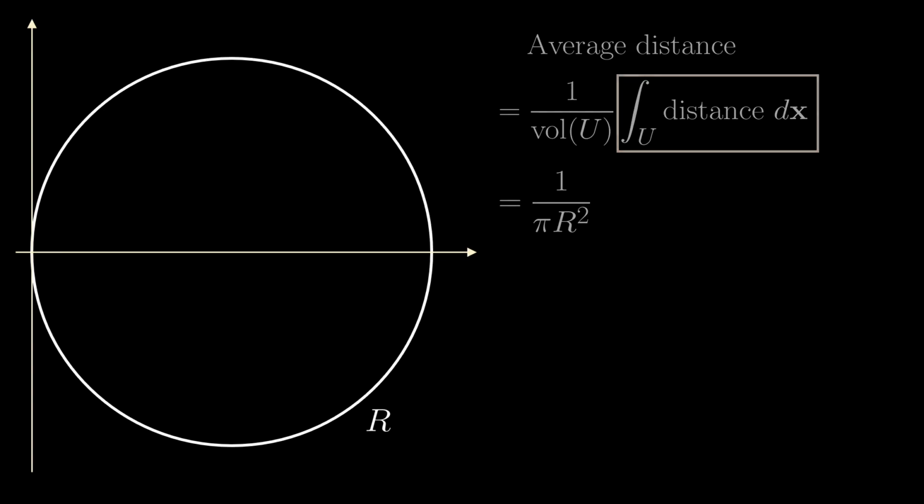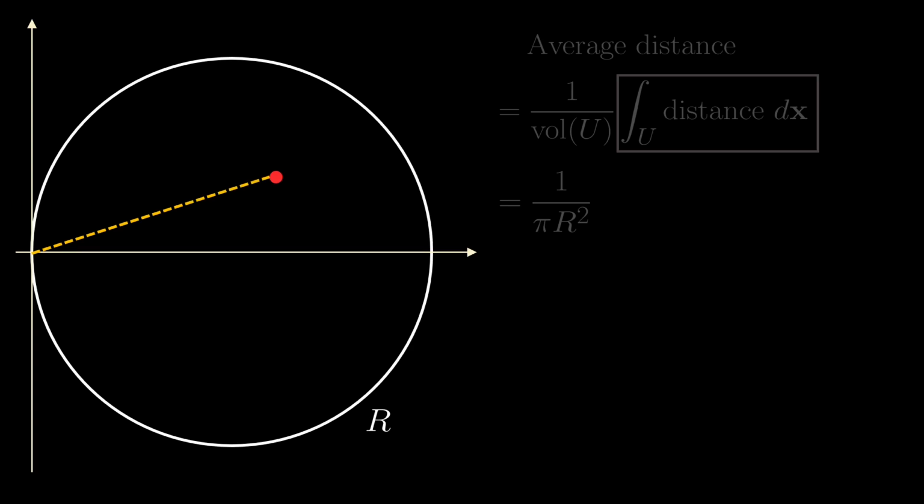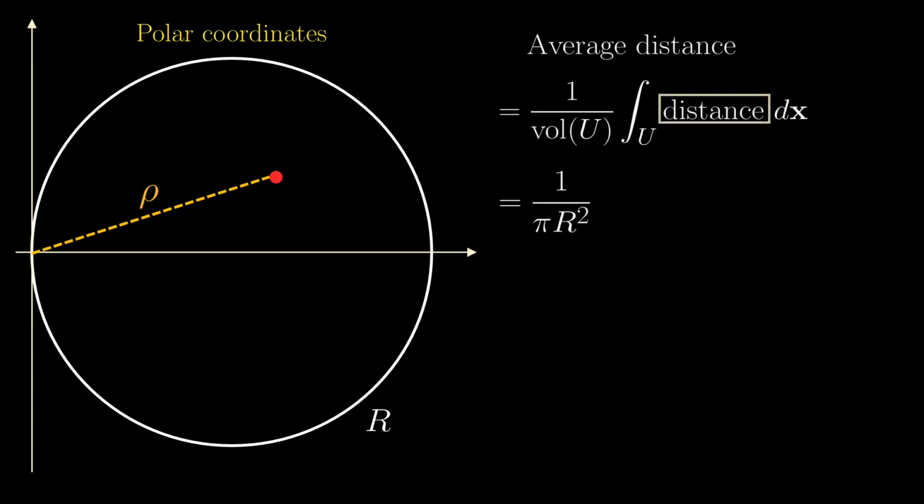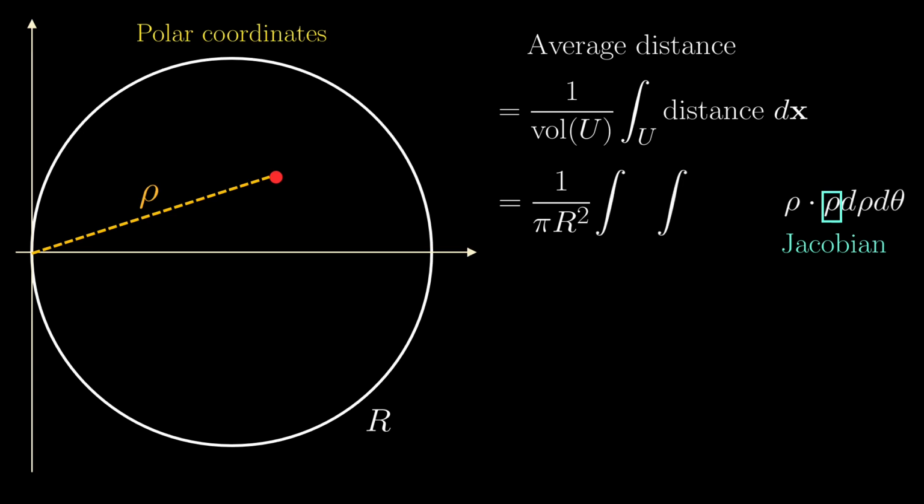We specifically chose this coordinate system because the distance is actually distance from the origin. Normally, I would denote this to be little r, but there are enough r's in this video already, so let's call it rho instead to avoid confusion. And yes, we will be using polar coordinates to perform the integral, so that now the distance is simply rho. However, because we will be using polar coordinates, we will need to add the Jacobian determinant, so this is what we are going to integrate, but we don't know the limits yet.